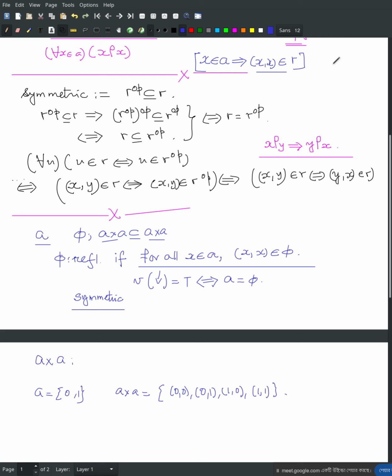I didn't say that R would only contain elements like xx. I have said that if I take an element x from A, then the pair xx is in there. I am not saying anything about other things that R may or may not contain. Is it clear? Yes. So then,